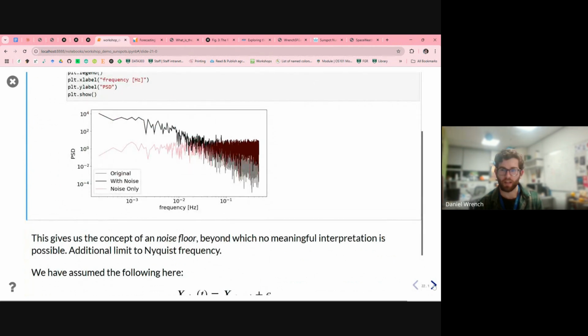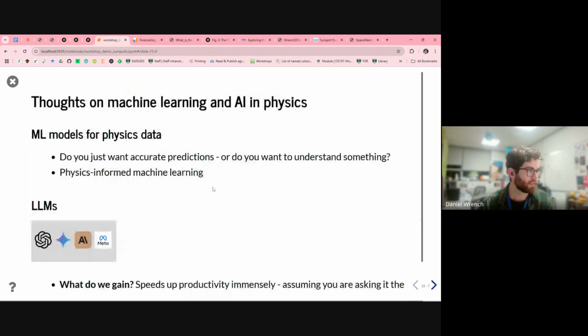So I have a couple of thoughts now about the use of AI and machine learning in physics. Slightly separate from the content, but it's something I've thought a lot about, so it might be useful. Then I'll be happy to take questions for as long as you need, show some more examples of solar wind data analysis, if that's interesting, some useful Python functions, and then we'll go from there. But just a brief mention again, because there's a lot of machine learning in this workshop and it's something you'll be thinking a lot about.